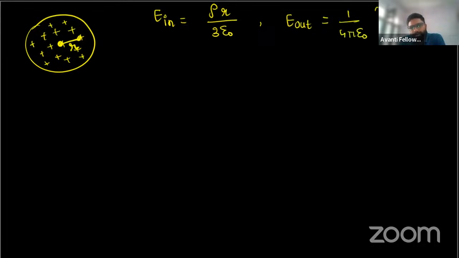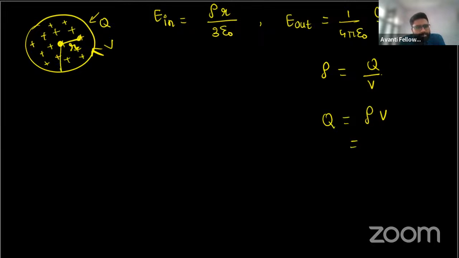You can also write this in terms of rho. What is rho? If the total charge given is Q to the volume V, we can write rho is nothing but Q upon V, Q is nothing but rho into V. Now what is the volume of this sphere? If the radius of the sphere is capital R, volume will be 4 by 3 pi R cube. Now put the value here, so E outside will be